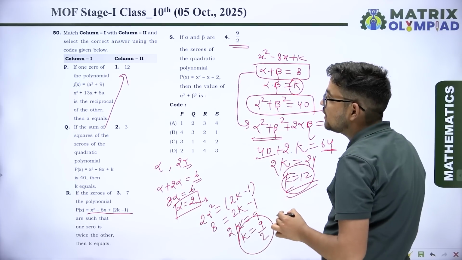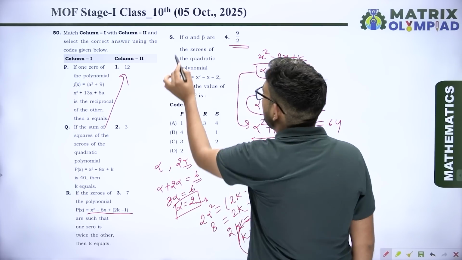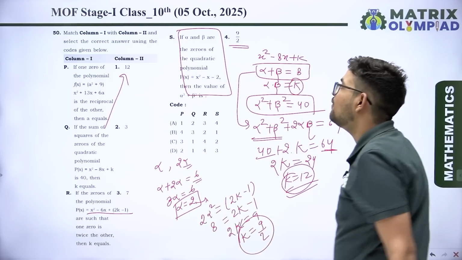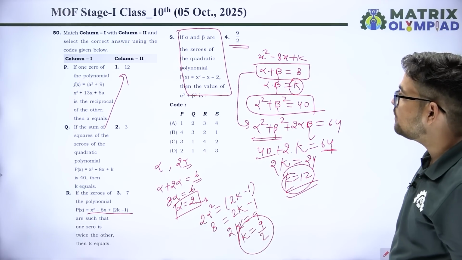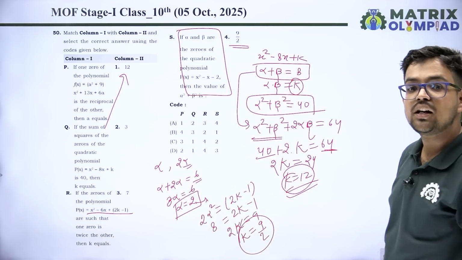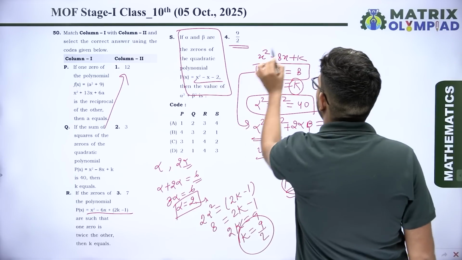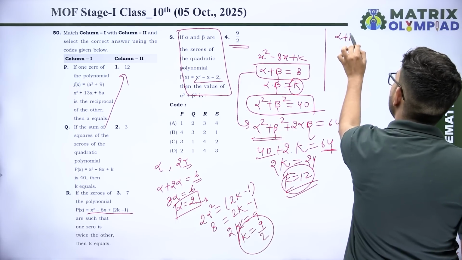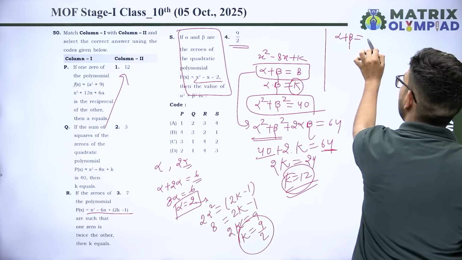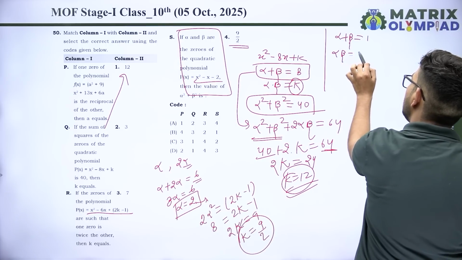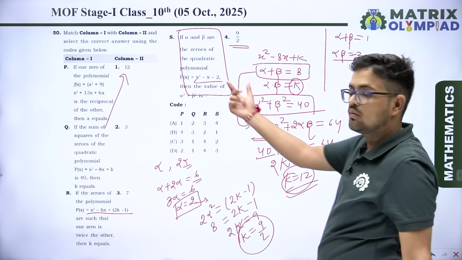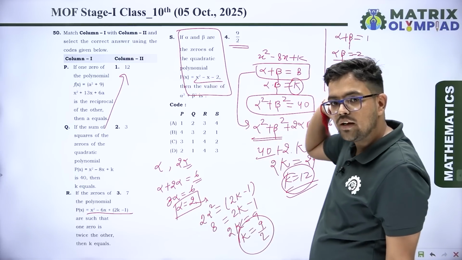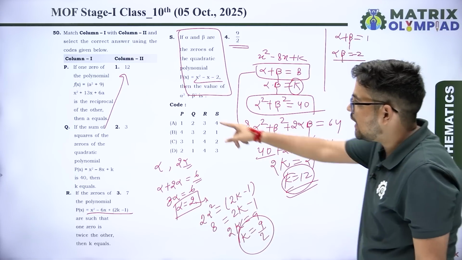तो 9 अपॉन 2, इसका मतलब ऑप्शन 4 मैच हो जाएगा। इसके बाद नेक्स्ट कह रहा है, इफ अल्फा एंड बीटा आर द जीरोस ऑफ द क्वाड्रेटिक पोलिनोमियल देन अल्फा क्यूब प्लस बीटा क्यूब। देखो अगर इसको सोल्व करेंगे तो यहां से अल्फा प्लस बीटा की वैल्यू आएगी 1 और अल्फा डॉट बीटा की वैल्यू आएगी -2, c बाई a और माइनस b बाई a के हिसाब से।